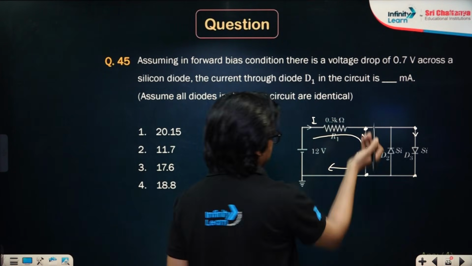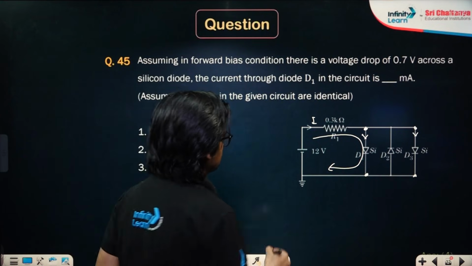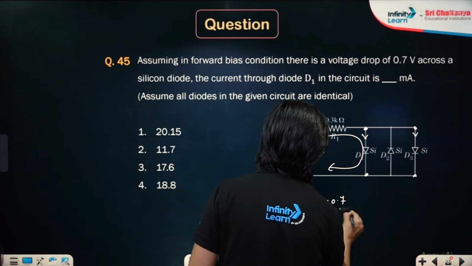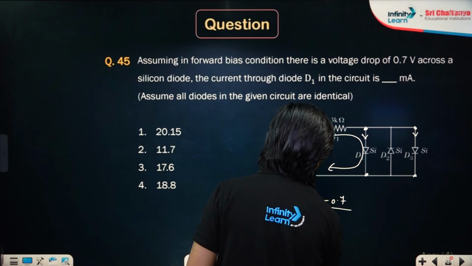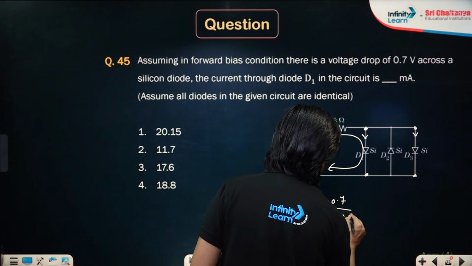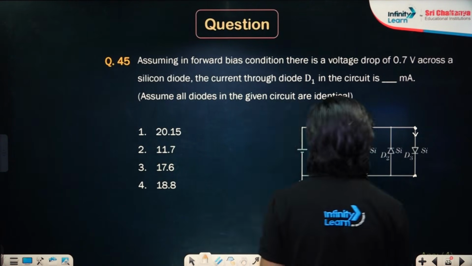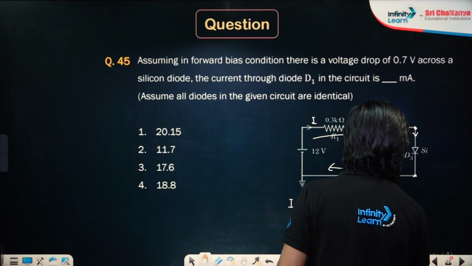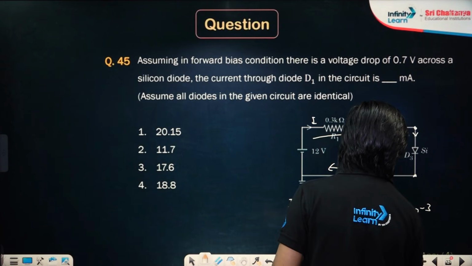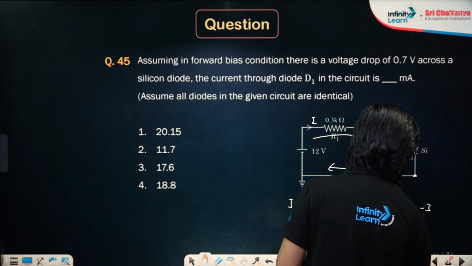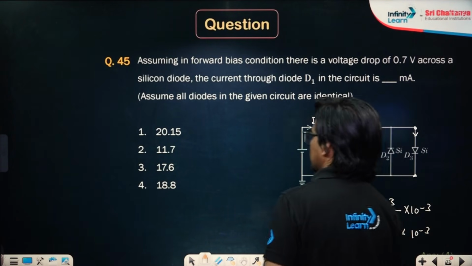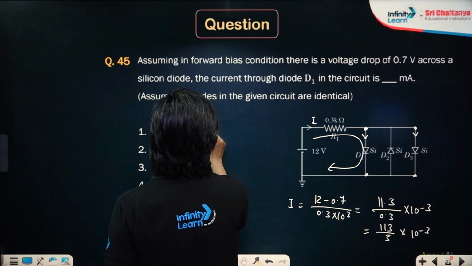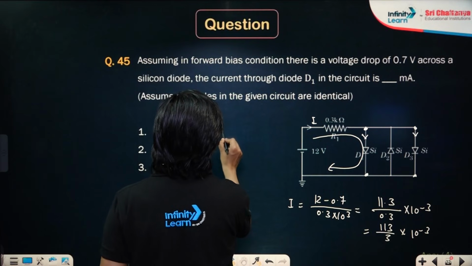This current emerging from the battery, I, is equal to 12 minus the voltage drop across the diode, divided by this 0.3 kilo ohm, so 0.3 into 10 raised to the power 3. Now you can write 12 minus 0.7, it is 11.3 divided by 0.3 into 10 raised to the power 3. So you can have 113 divided by 3 into 10 raised to the power minus 3. How much will that be if I calculate? So this current I is actually equal to